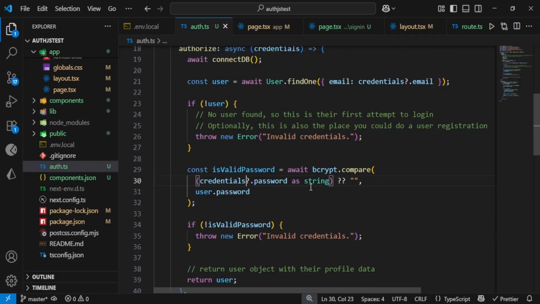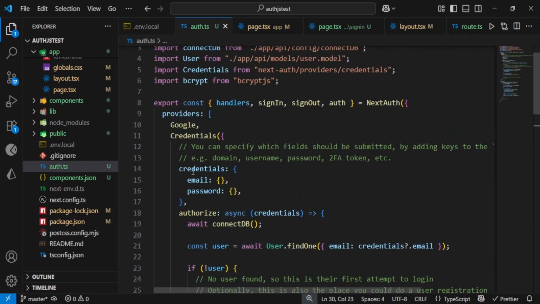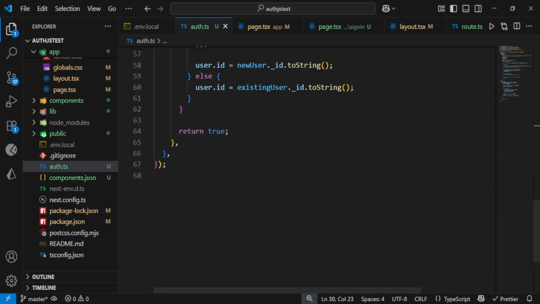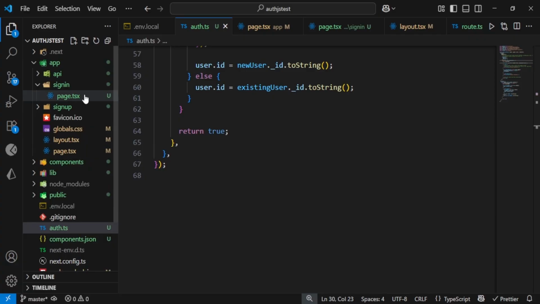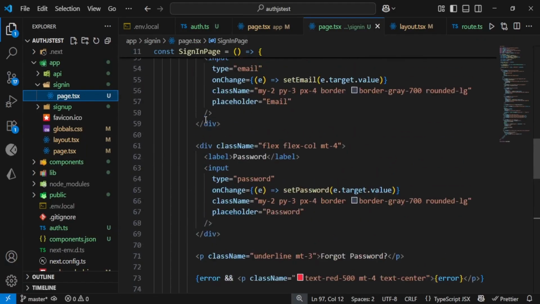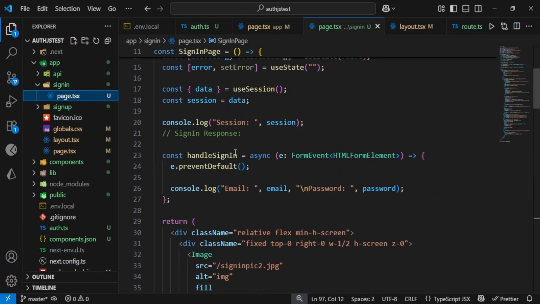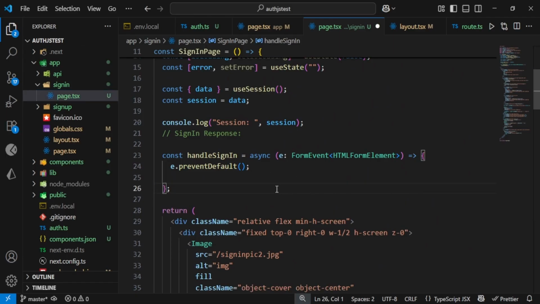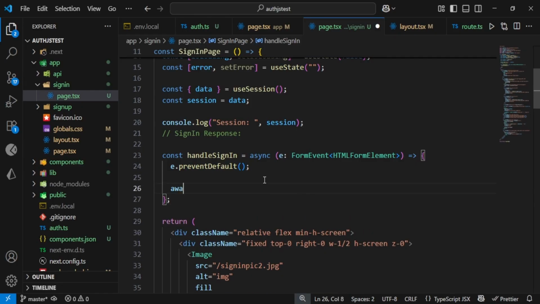And let's test this out. How are we going to test this out? First thing, we need to pass in the email and password. So we'll go to our sign in page, and then let's go inside our sign in page. Yeah, so inside this handle sign in function, we can get rid of this console.log, and let's just say await sign in